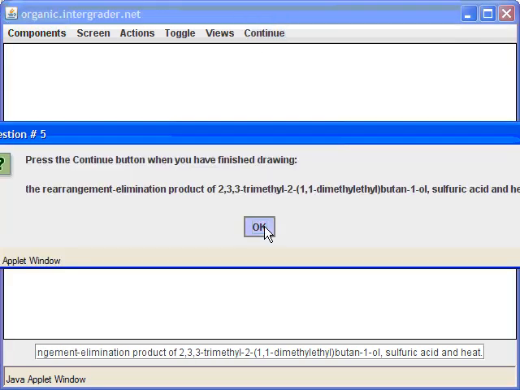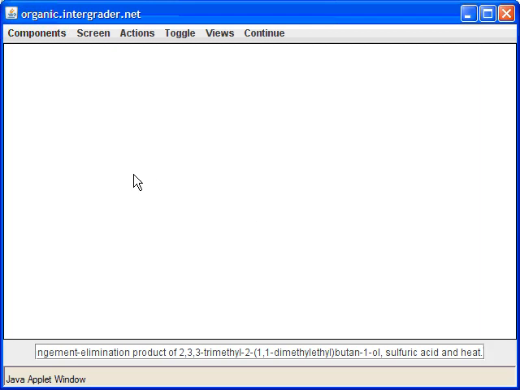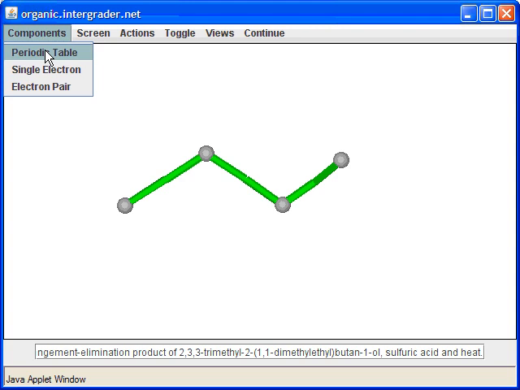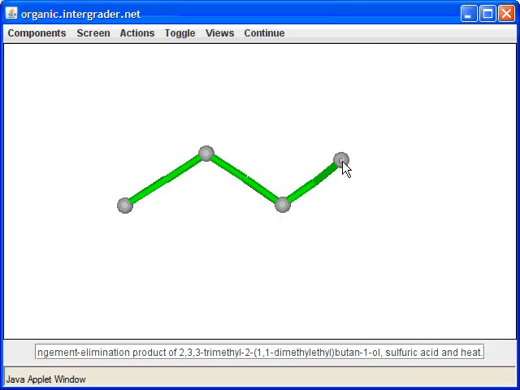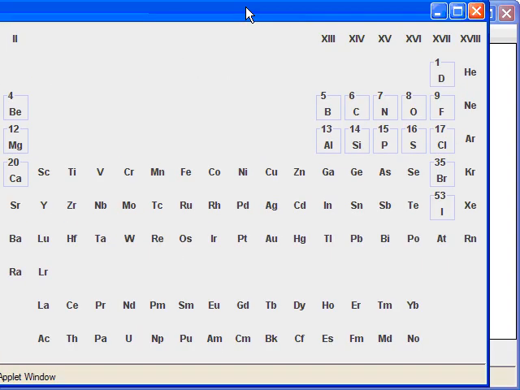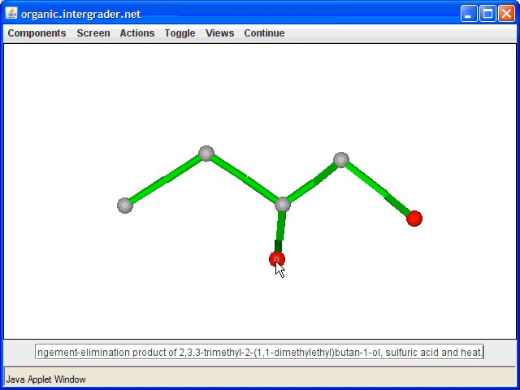Let's see what else we have in this lesson. Okay, another neopentyl type system. We have a lot of those in this system, again, because we want to learn about rearrangements and what factors go into rearrangement. At the 2 position, we have a T-butyl group. So we want to go back and work with carbon, not with oxygen.